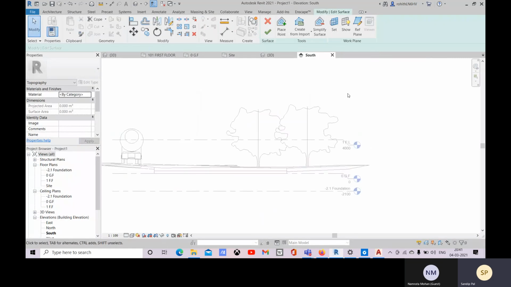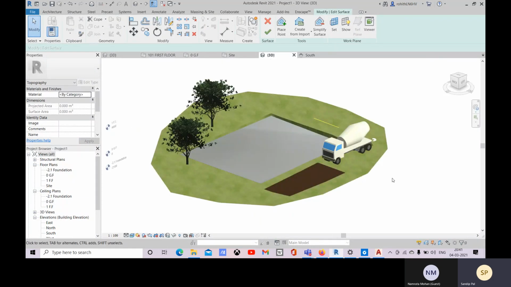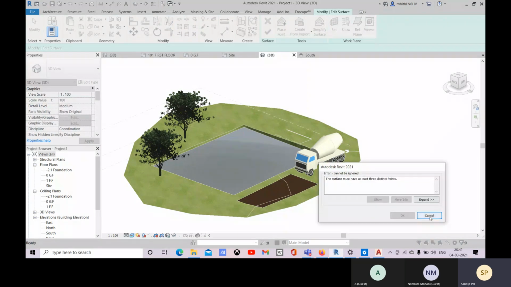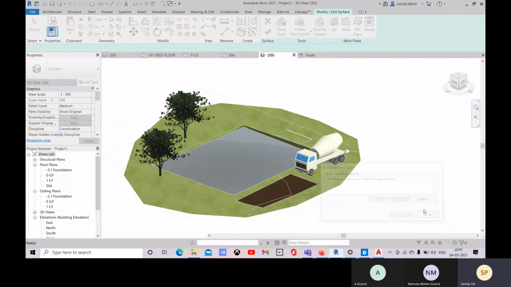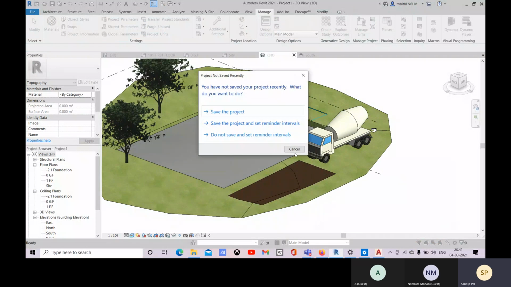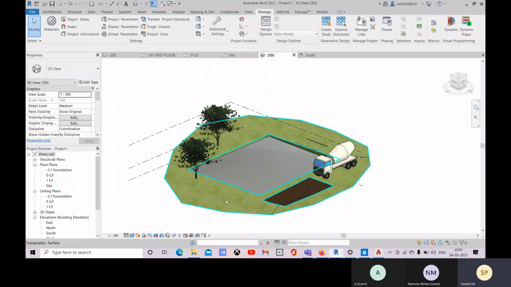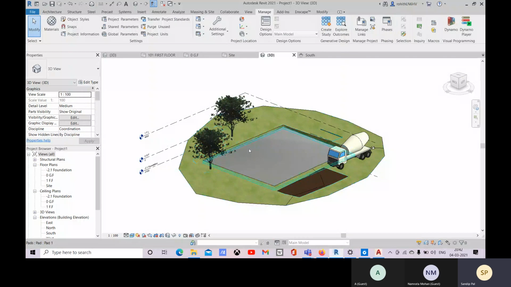Just to not save it. So we have this one already created, and let me just finish this. All right, so here we have created, and after this, what you can do is, after placing all the buildings, let me place it.